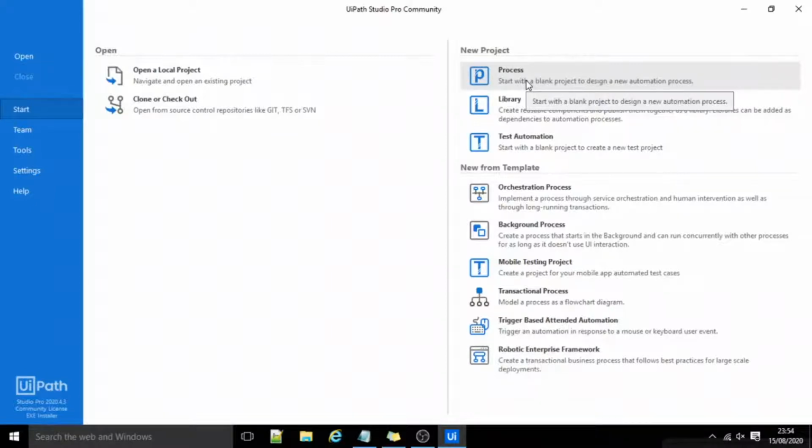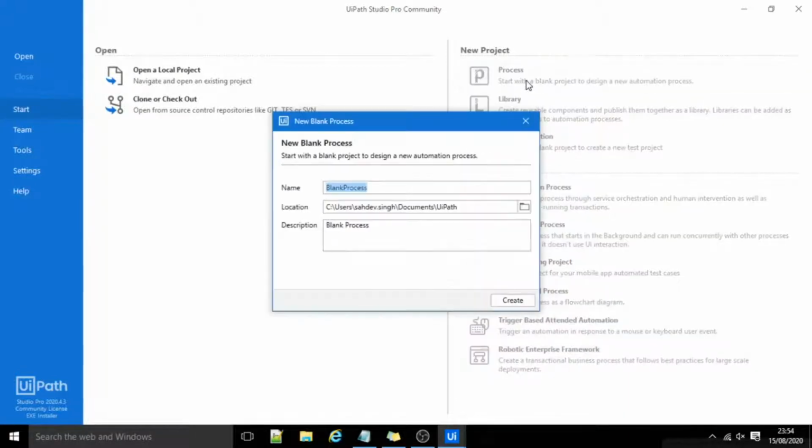To demonstrate about control flow statements, I'll create a blank project. I'll name it as control flow demo. I'll add some description.